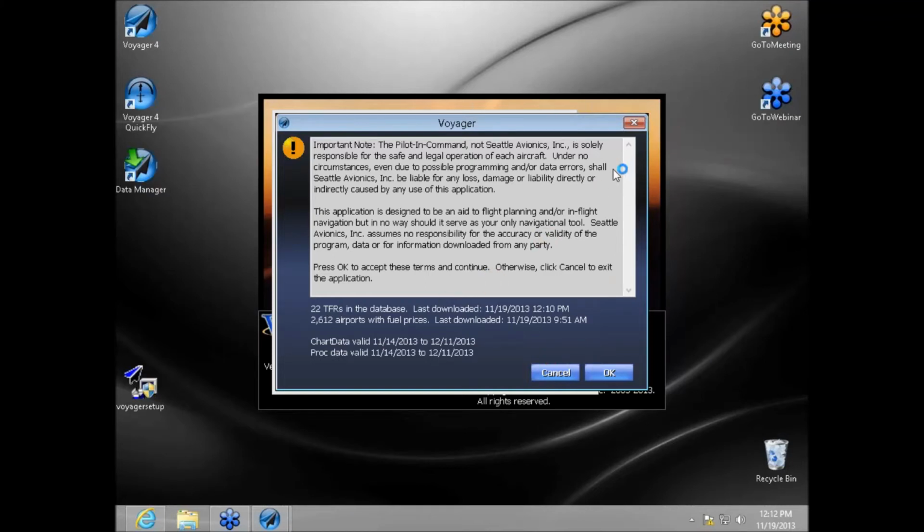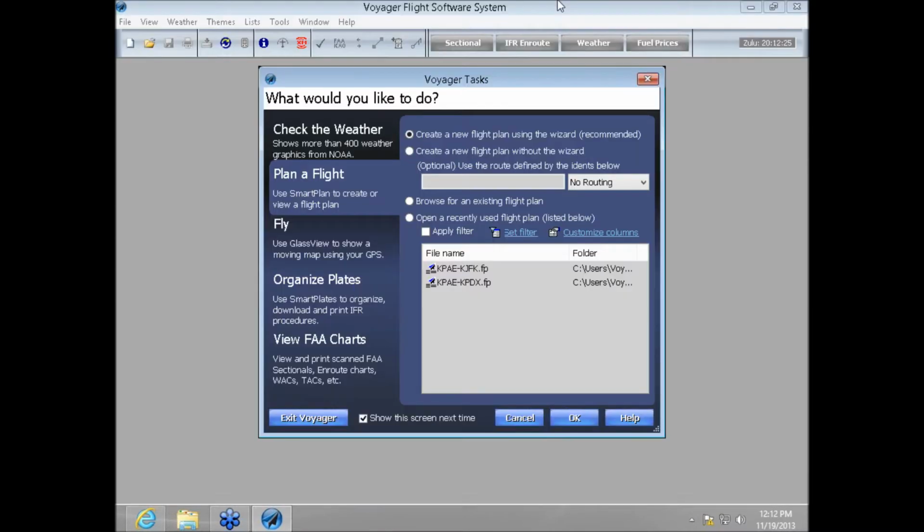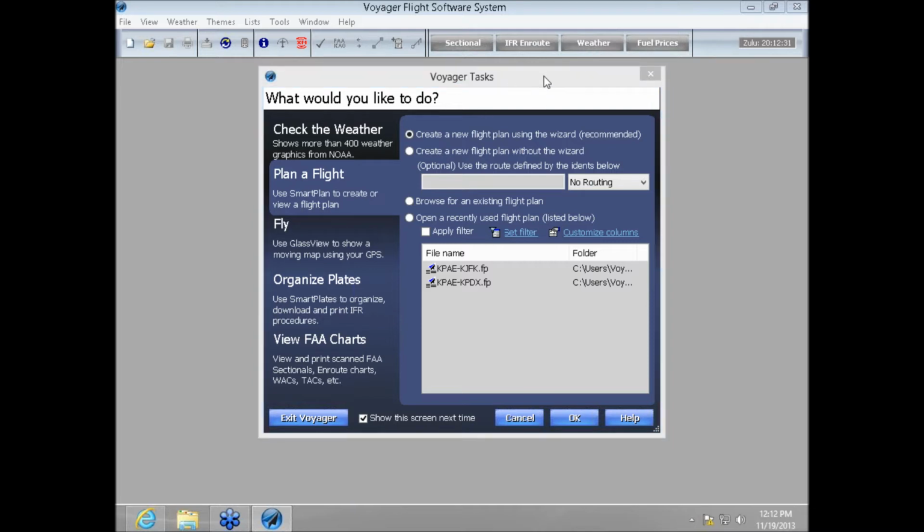All right, so let's go ahead and click past this. And now we launch right into Voyager. And the first thing that we see is what we call the Voyager Task Manager. You can see at the top of this window how it says Voyager Tasks, and it says, what would you